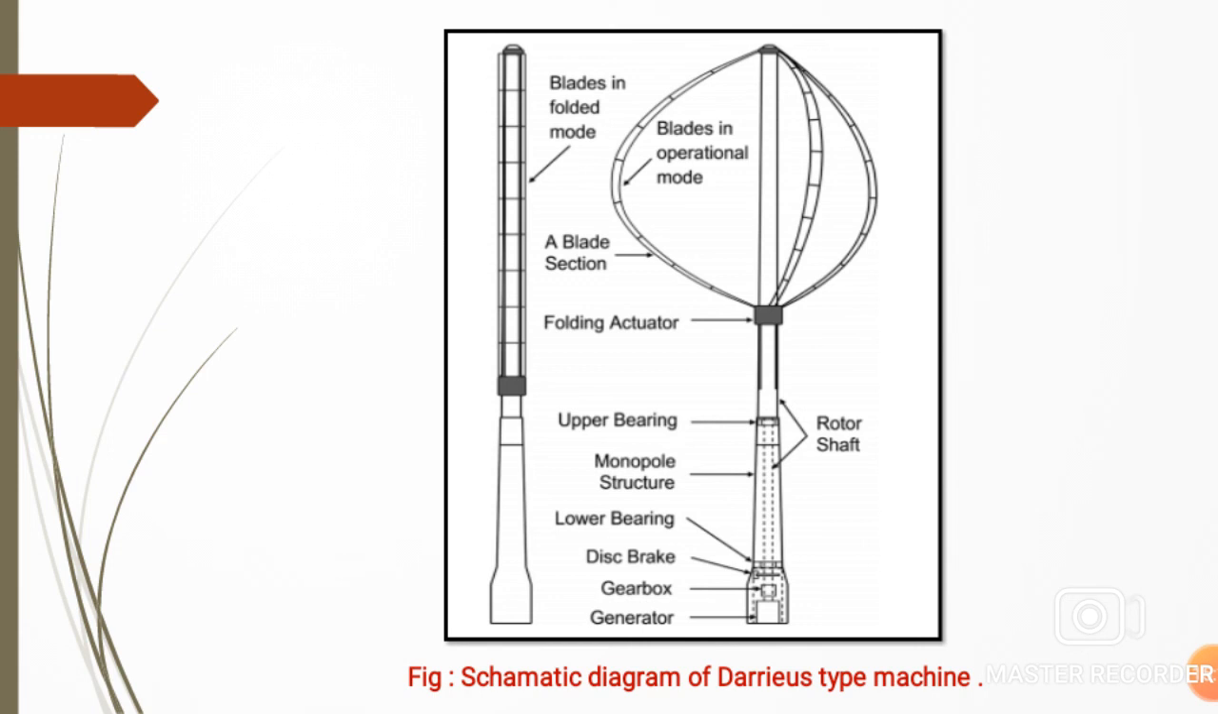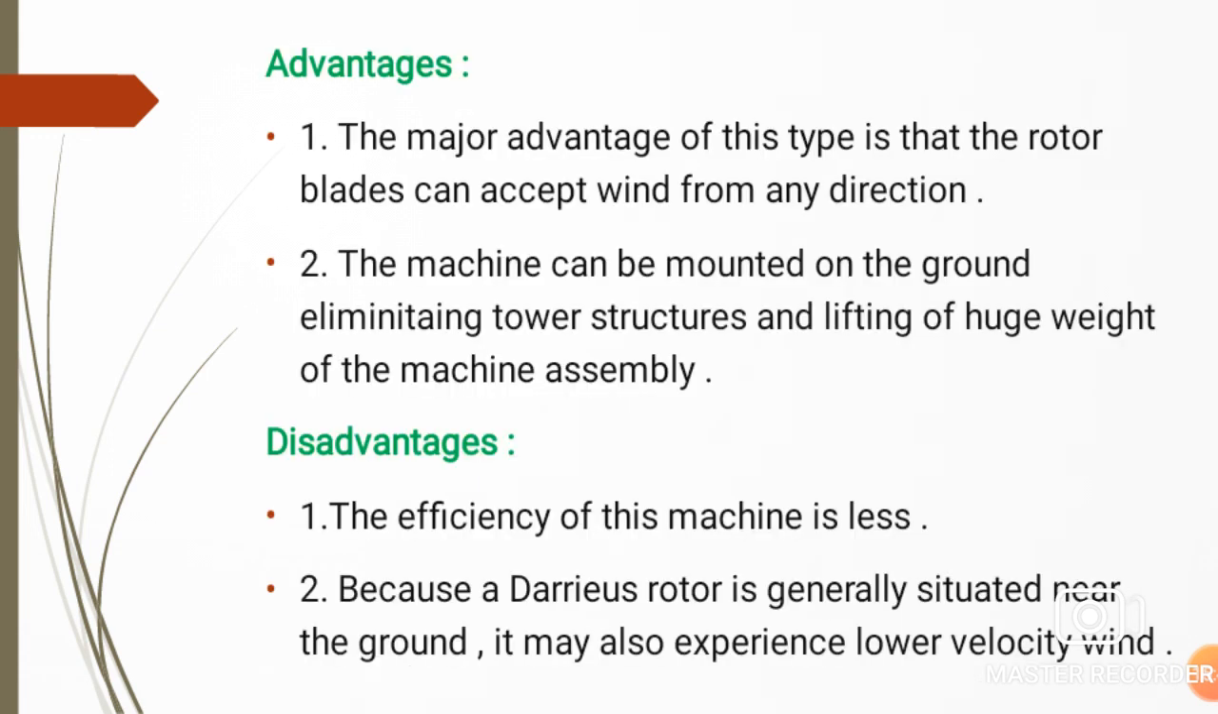These are all the supporting assembly for the rotor, and in this case the generator and the gearbox are placed at ground level because, due to the shape of the blades, there is no place at the top of the windmill, so the generator and gearbox are placed at the ground level or on the earth surface. So this is the schematic diagram of the Darrieus type machine. This is a brief discussion about the Darrieus type wind machine, which is a vertical axis type wind machine,